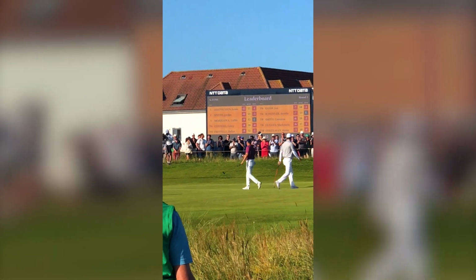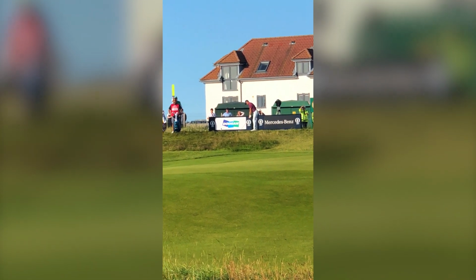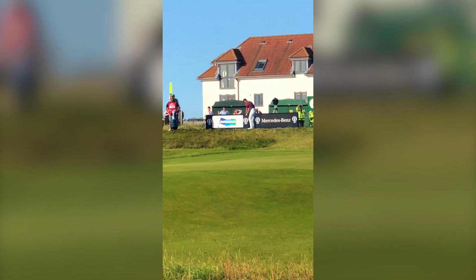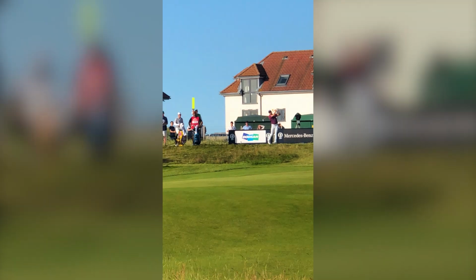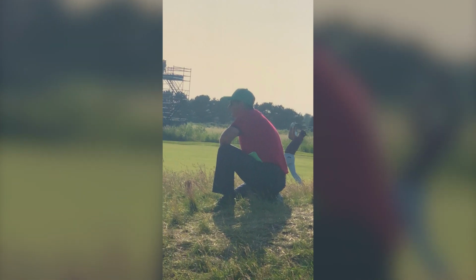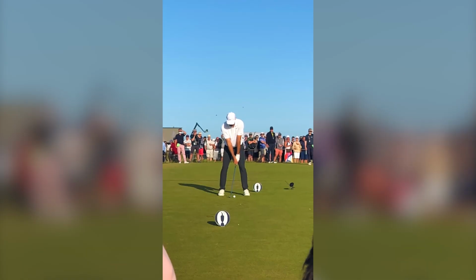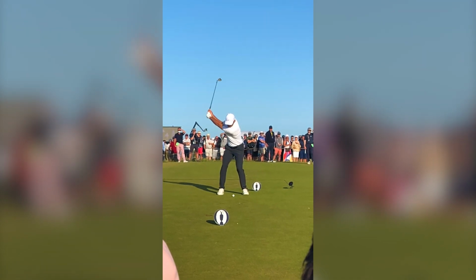They were loving him. On day 3, Jordan was a little bit up and down. I think he was holding a lot of putts, a lot of 6-footers. This is his tee shot on 13, which then this is his second, just on the left side of the fairway. Sorry, 14 that is. 14's a pretty short par 4, but now we jump across to the 16th tee